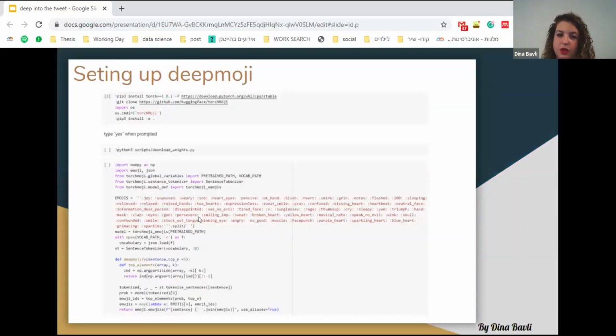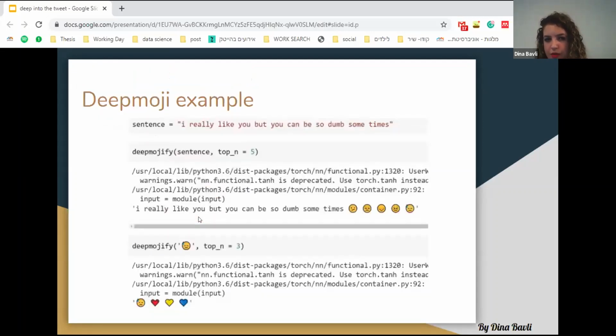Very, very nice package. It takes a little bit longer to really start working with it, but it's pretty much copy paste. I mean, you have the notebooks. You can apply it whenever and wherever you want. Most of this is a copy paste. You can just take it, apply it wherever you want, and here is where you start to play with it. So you have the sentence, for example, and then you apply DeepMoji on the sentence, and then you want the top 5 emojis that